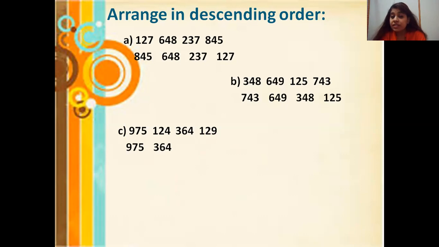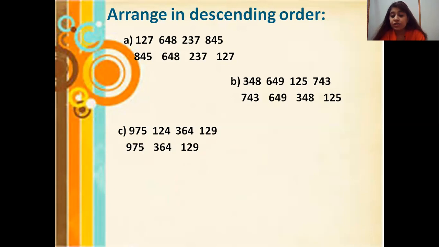Now, can you see still there are two numbers who had 1 at the hundreds place? Remember what we'll do now? Now we'll look at the tens place. Oh, now the tens number is also same. Now what we'll do? We'll look at the ones place. Now, when we look at the ones place, we have 4, 124 and 129. Now, which is smaller? Which is bigger number among these two? It is 129. So after 364, we'll write down